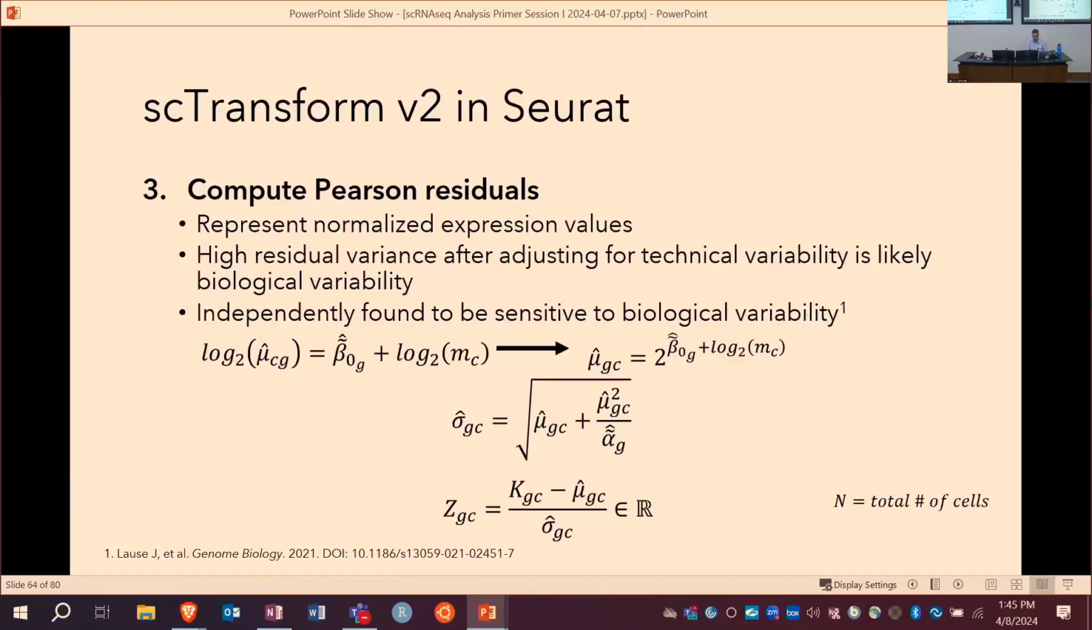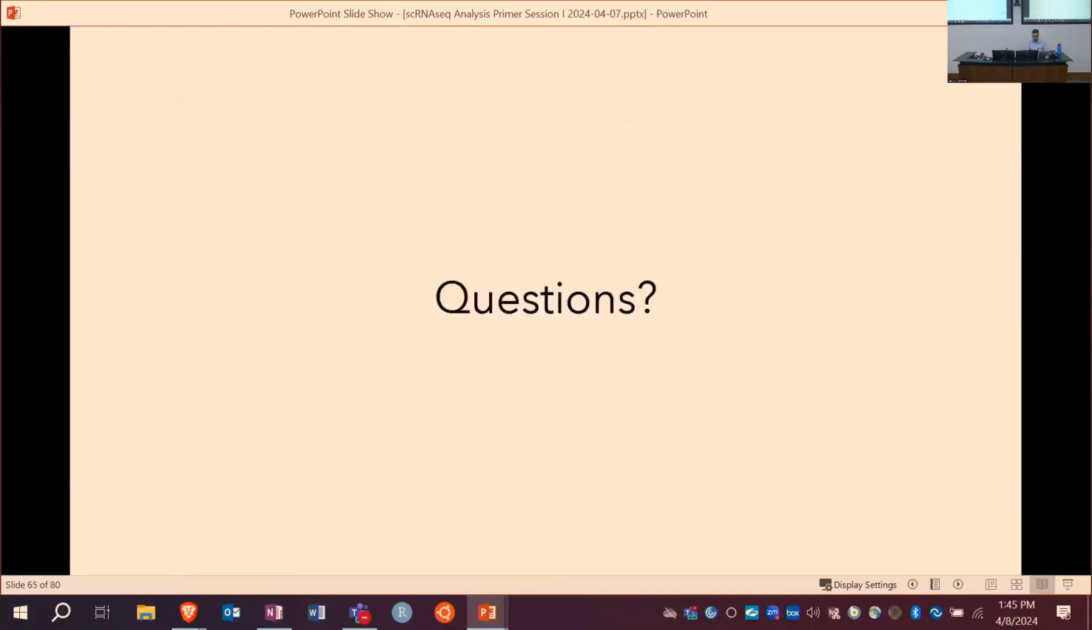Okay. Are there questions on any of that? So Seurat also just has a normalize data function. Yeah, remember, we had to